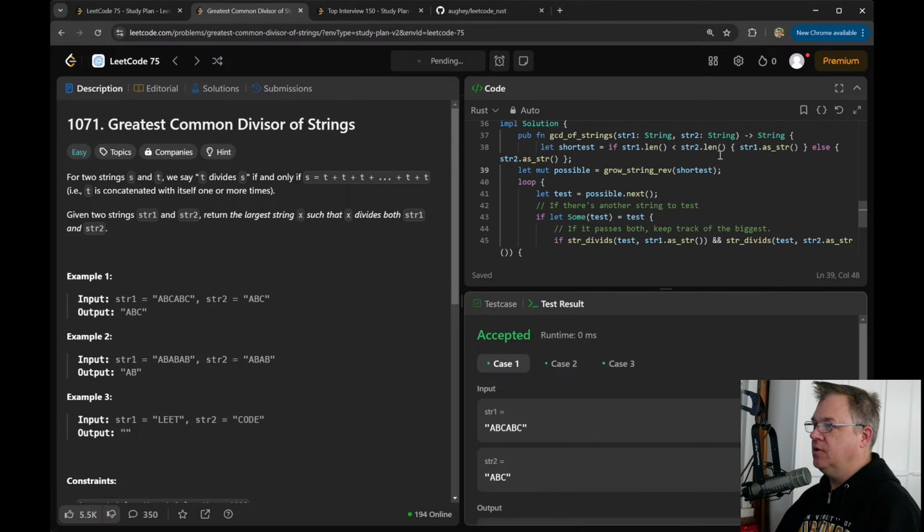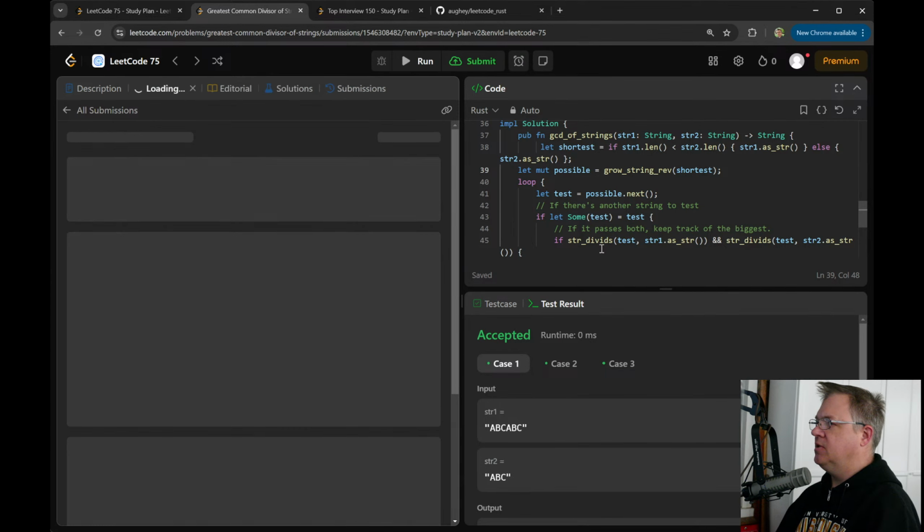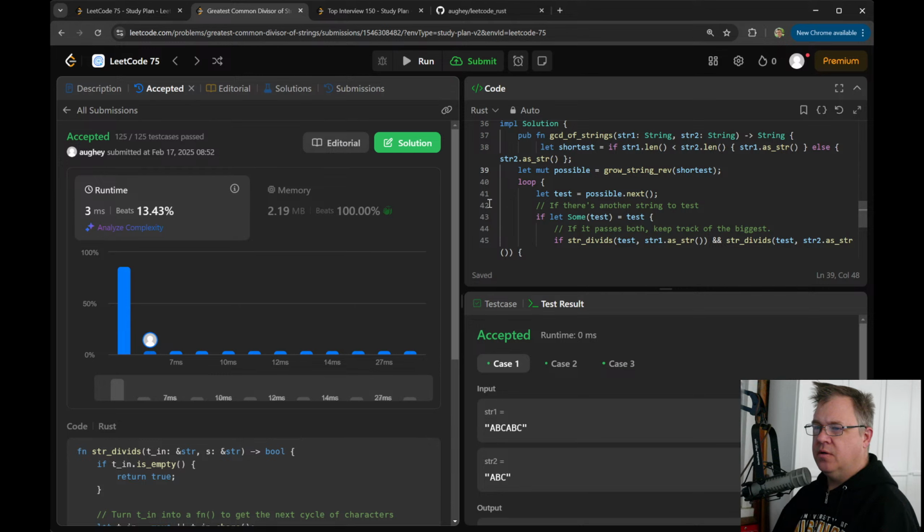So let's go ahead and submit this. I do wish this had a code formatter. Beats 13%. Three milliseconds.